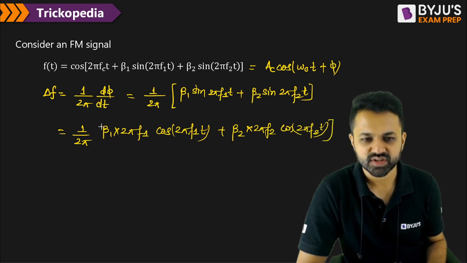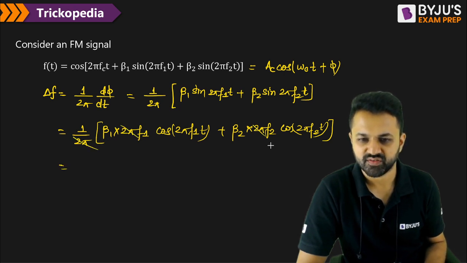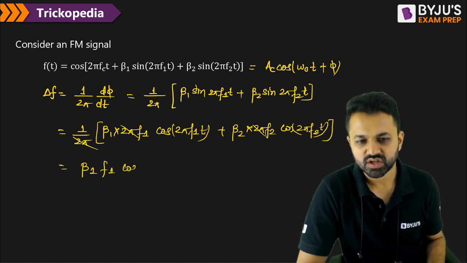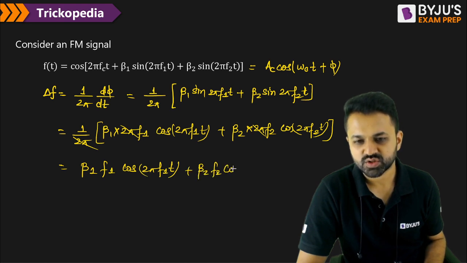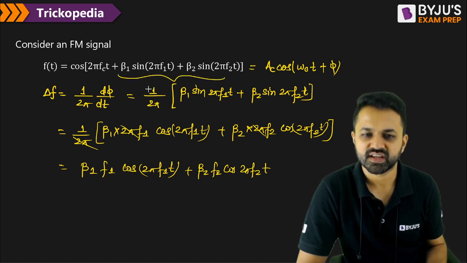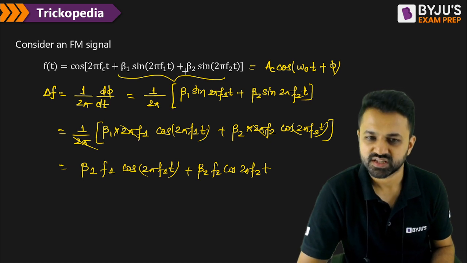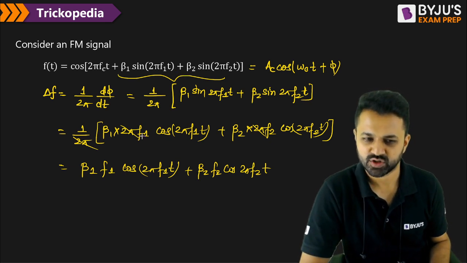If I take 2 pi common, the 2 pi and 2 pi cancel, and we get beta 1 f1 cos 2 pi f1 t plus beta 2 f2 cos 2 pi f2 t. Whenever the signal is given in this form, whether both signals are sine or both are cos, or more than two signals are present,